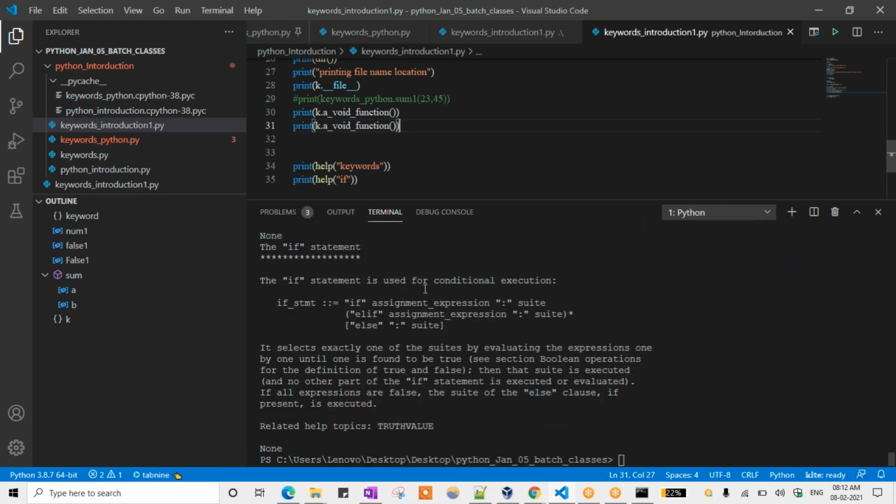So see here, the if statement is used for conditional execution. If the condition is true, it will run, otherwise elif condition, else condition. So it selects exactly one of the suites by evaluating the expressions one by one until one is found to be true. That's how we can get the information about what the keywords are doing. We'll just check what the help function is doing.